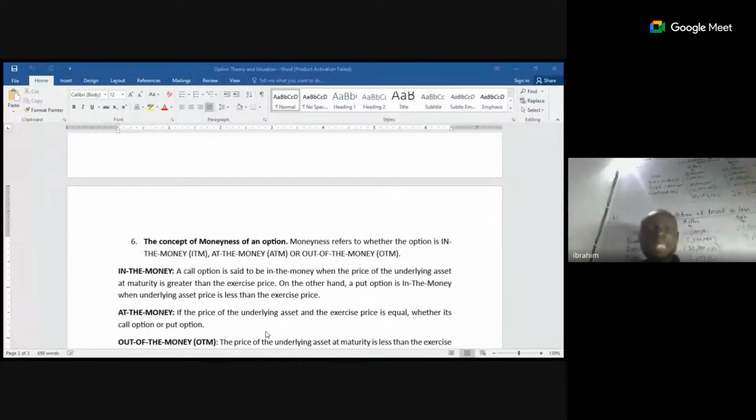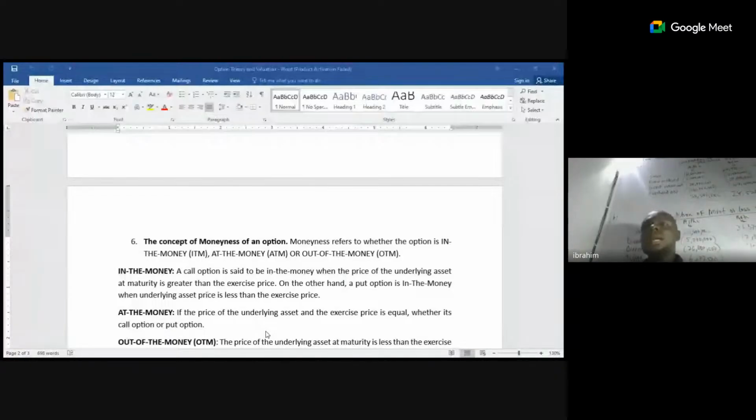Just like Mr. Peter approached First Bank in an option market to exercise his rights to buy. Then you exercise your rights to buy an option of 50 naira. Then at a later date, it becomes 60 naira or 100 naira. Mr. Peter is in the money.